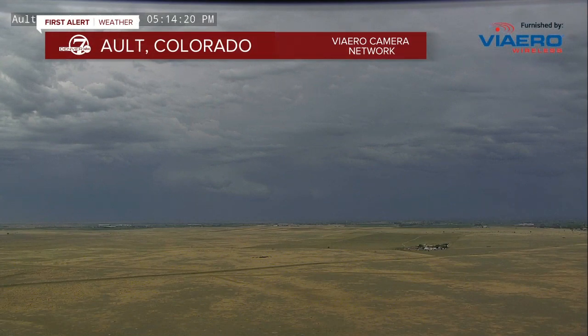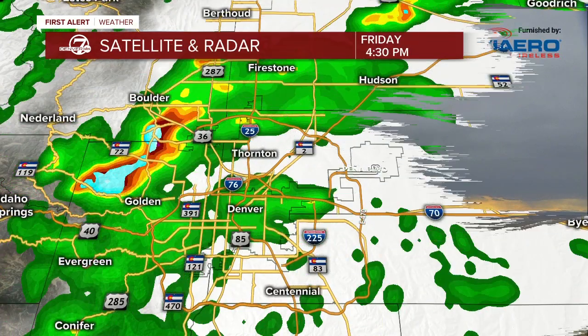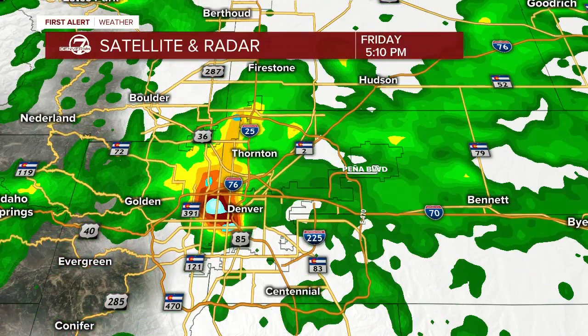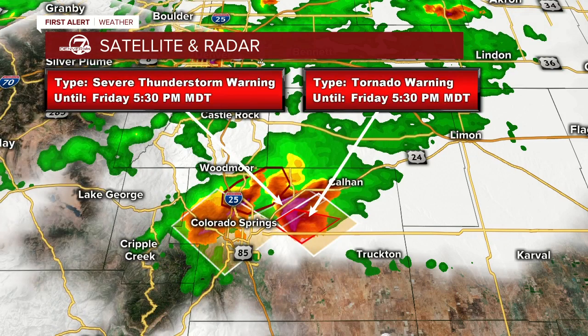That's what the storms look like looking from Alt down toward the south. And this is a different storm. This is the one that's really the meanest of the lot that passed earlier down through Castle Rock and is now producing very severe weather down in El Paso County. So notice the storm here as it came through the White Ranch open space, looked really mean, and then it's just weakened a little bit. So we will not see as much damaging weather as it looked like we were going to right at the top of the hour. I think most folks are pretty okay with that